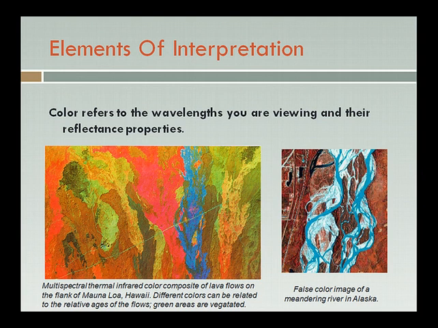So far, all of the elements of interpretation that we've been talking about could be applied really to just one band of imagery, so one set of wavelengths that are being amassed into a grayscale image or a black and white image. But color is really especially useful to us because color allows us to incorporate information not just from one band or one set of wavelengths, but also from others at the same time and look at them simultaneously. And this suddenly gives us a lot more information about the features that we're looking at on the ground, because we know that different features interact with light at different wavelengths